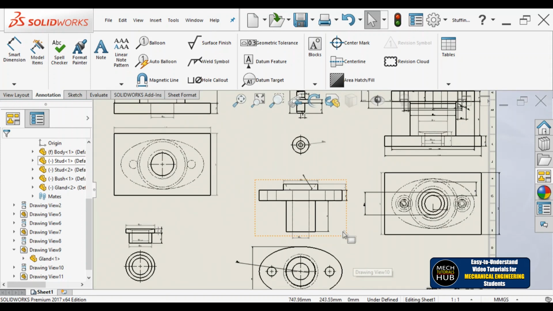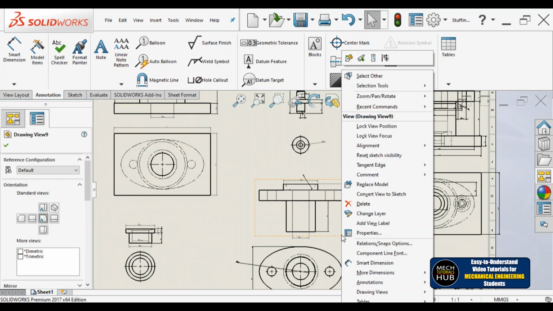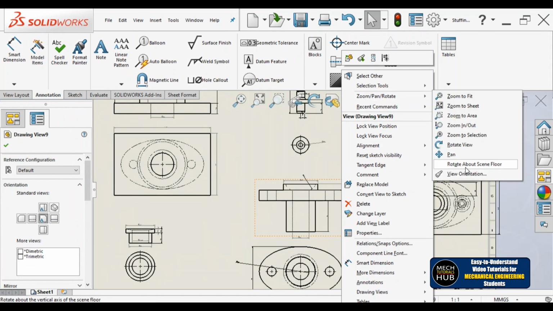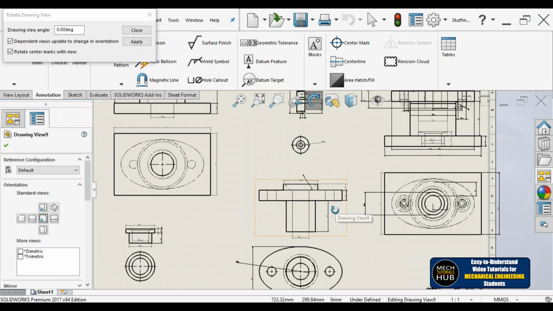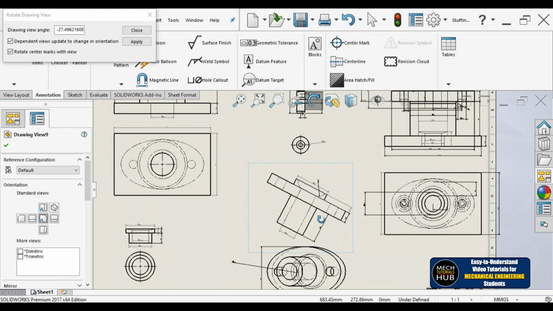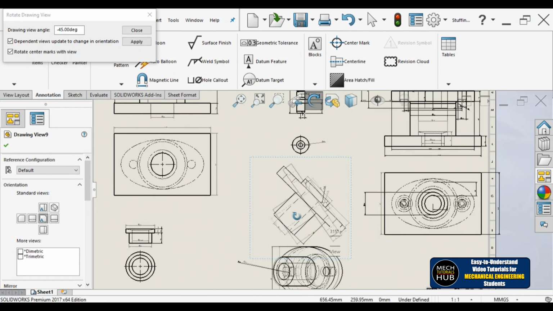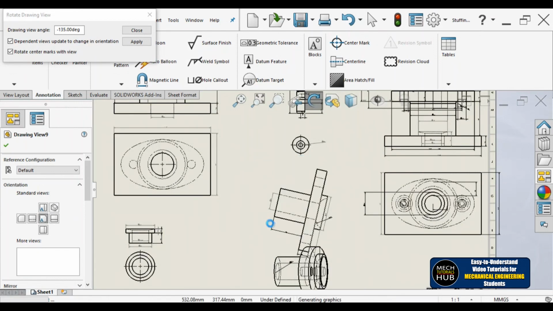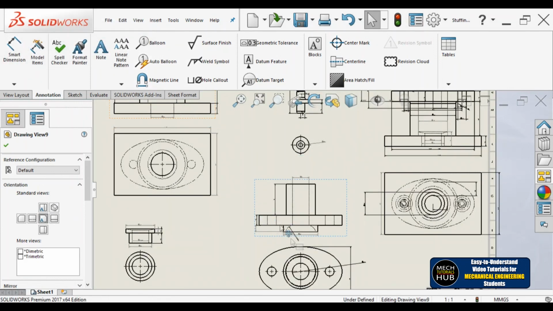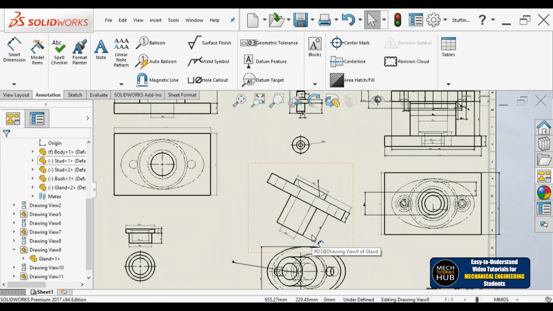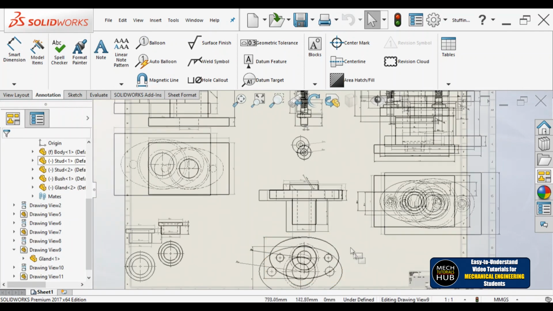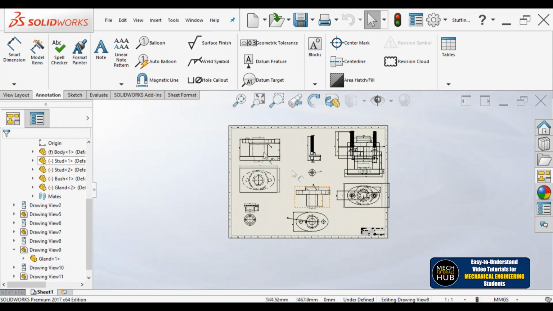Alright, and one more point I would like to mention here. If you want this part, as I said, you can do the misalignment by breaking it, right click, and you can do a few more tasks that are also available. You can go to zoom, pan, you can rotate the view also. If you want, you can rotate this particular view, have a look at it. That view can be rotated to whatever position you want. Okay, so anything can be done more or less. Let me use the Ctrl Z option to position it back to its position.